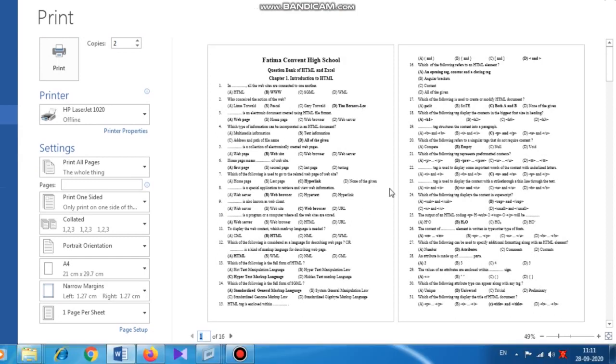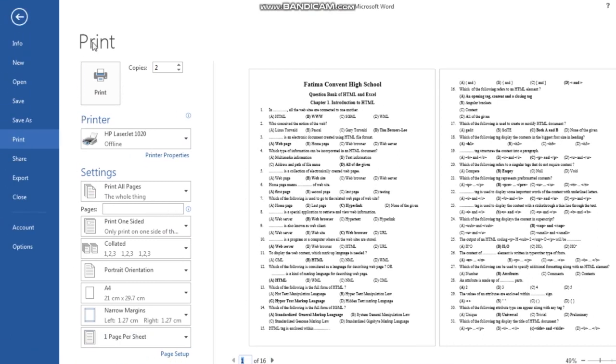So here it is showing me the print preview of 2 pages. Okay, and here it's displaying page number 1 of 16. Now what we have to learn just now is this many things. Okay, first thing is, if I click on print here, then it will start printing the documents. Okay, without being bothered what I want to print.